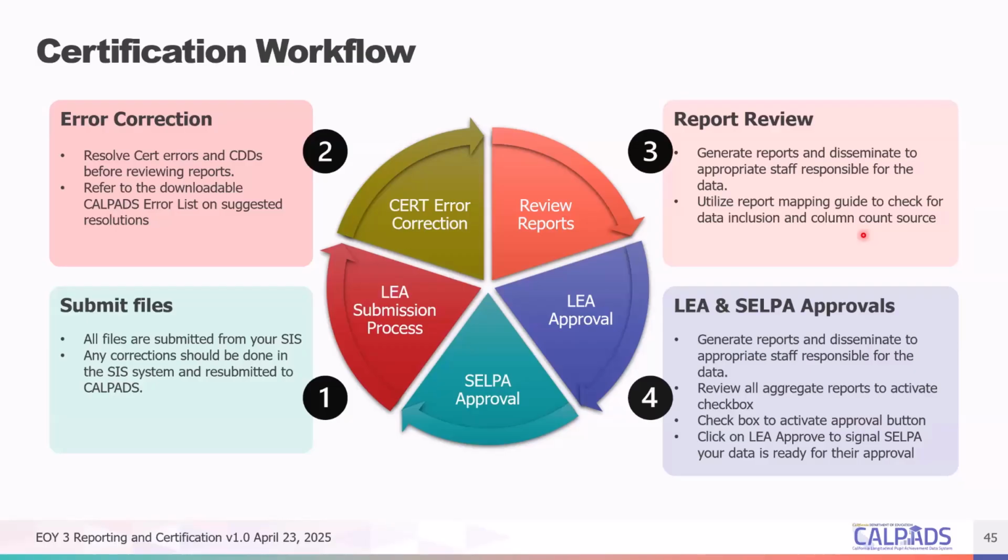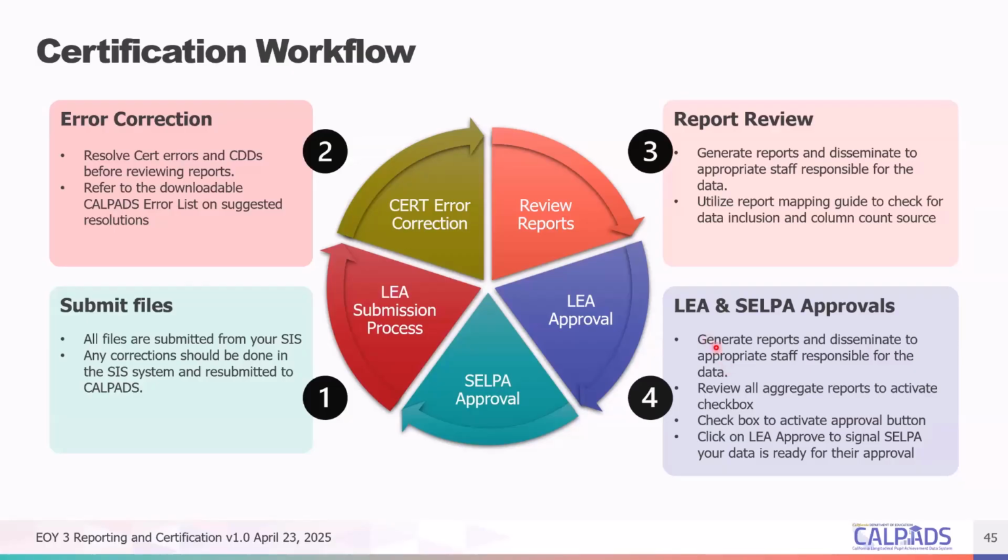So once you've reviewed your reports, you disseminate those reports to attendance folks for the absence summary, or to principals, or to your discipline folks, or even to your SPED folks, or even to your NPS folks, right? So you've disseminated all of those reports of suspensions, of absences, of the RFEPs as well. You may even include your EL folks in this audit. And if they all say, okay, the reports are accurate, then you can go ahead and proceed with the LEA approval process.